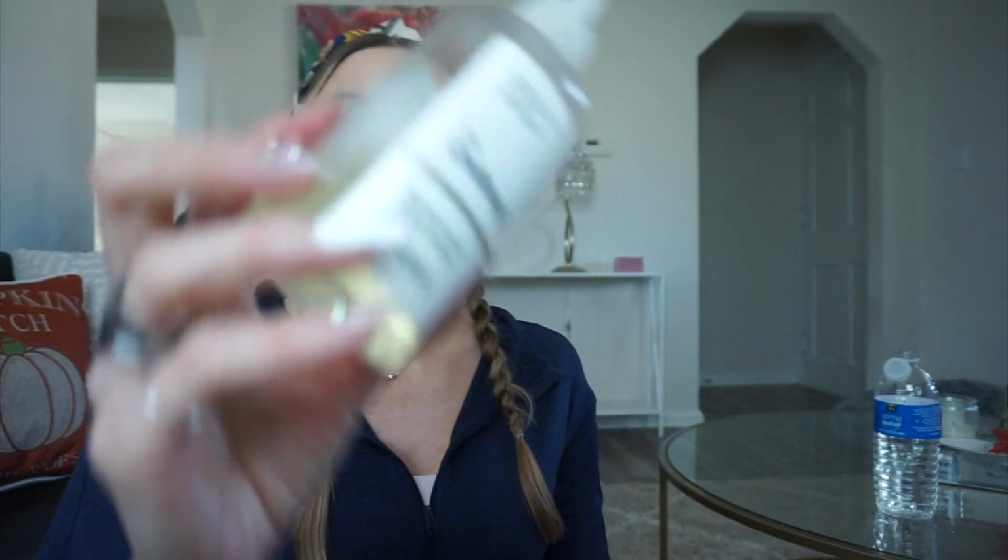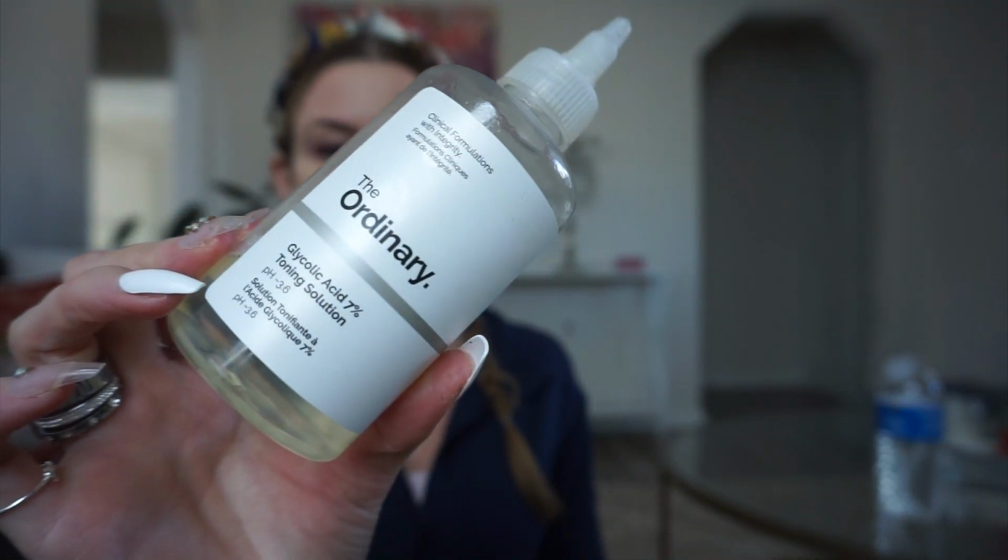Okay, next is this glycolic toner, 7% glycolic from The Ordinary. As you can see, I did my best. I literally did my best. I tried everything with this toner. At first I did feel a little bit of tingle, and you know, tingling isn't always an indication that a product is working, but I didn't see a difference, so I stopped using it on my face and I decided to